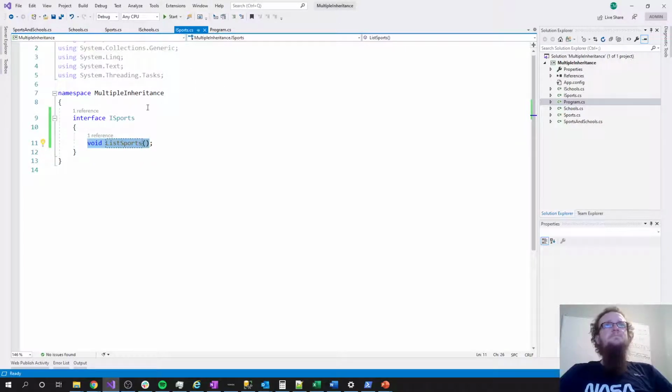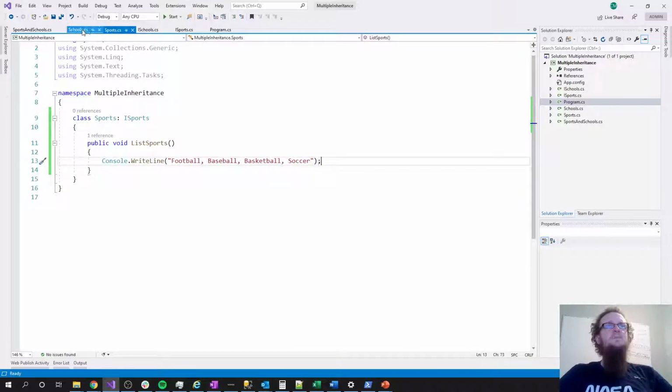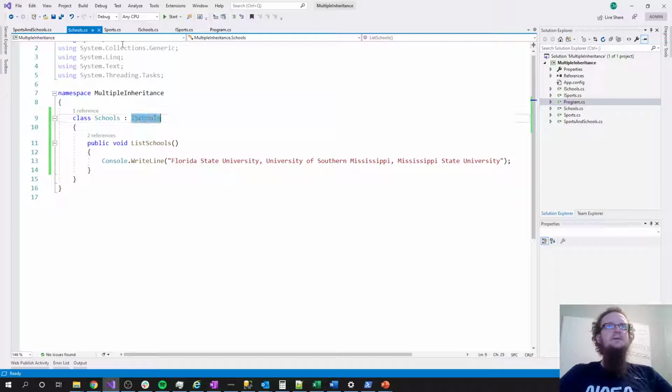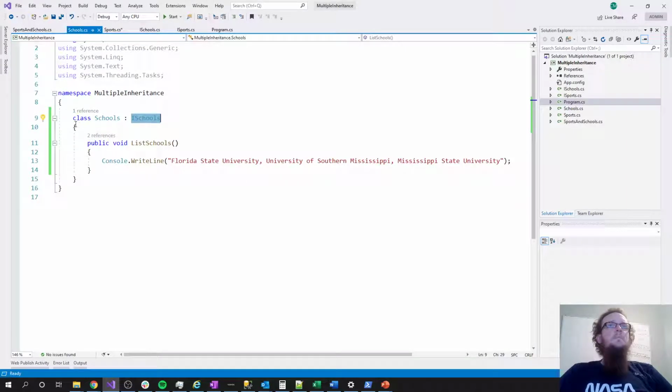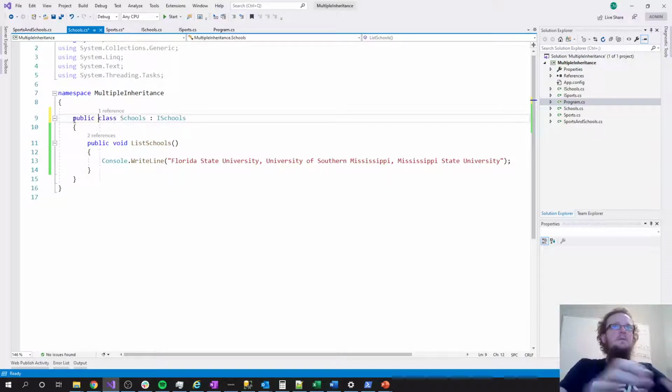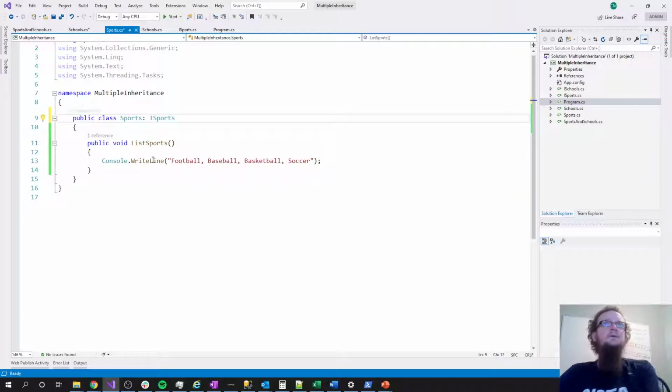So I have two dummy classes. These are basically the parent classes, one for schools, one for sports. Each of these implements the interface that you would expect it to implement. I'm going to make this public, actually. Because they implement these interfaces, they are required to have the void list schools and the void list sports